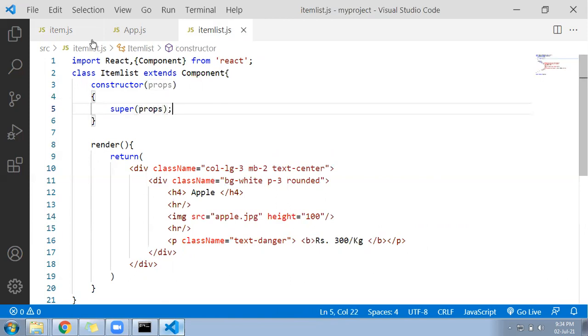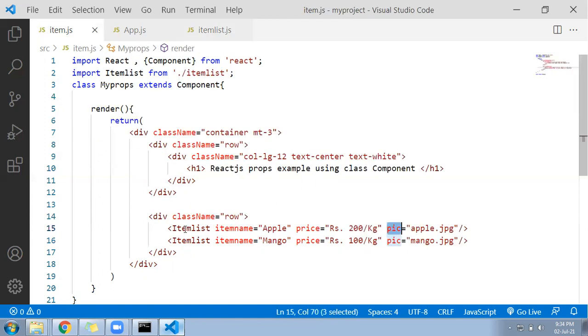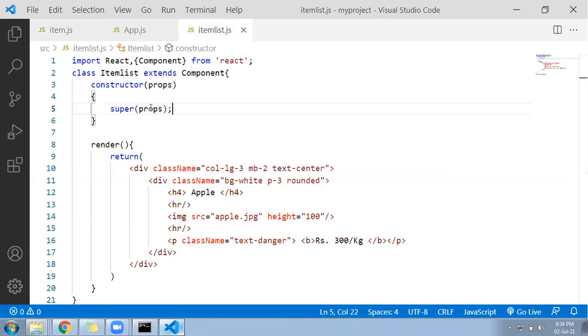So look at guys, you can see in the previous main component, called item, we are calling the item list, and inside the item list we are passing 3 properties: item name, item price, and pic. So item name, price and pic become properties made by us. And these properties are getting passed from the parent component to the child component. Now you have to go under the child component. Under the child component, we created a variable called props. It will get captured here.